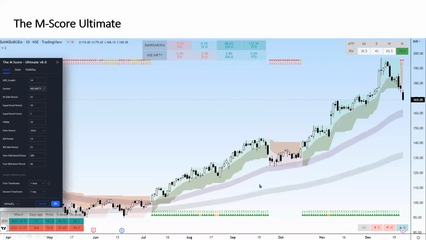Apart from this indicator, there is a performance view of each stock, which will come automatically. For example, Bank Baroda is down 7.7% in 5 days, but Nifty is only 2% down. So it has underperformed in 5 days, and there is a 22-day performance comparison too. So this is relative comparison with Nifty for your stock. This is multi-time frame RSI: in different time frames, how are your RSI values? Above 60 or 70, it will turn green. Below 30 or 40, it will turn red. That color formatting is in the code.